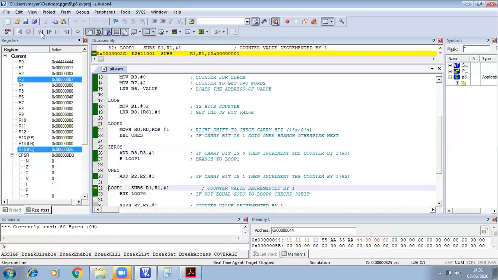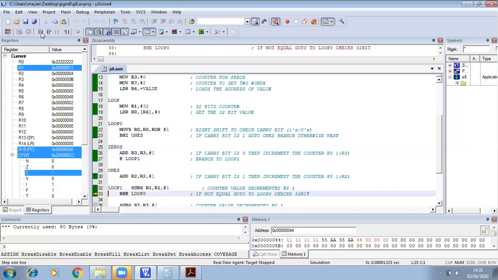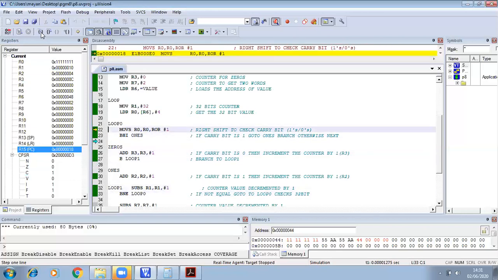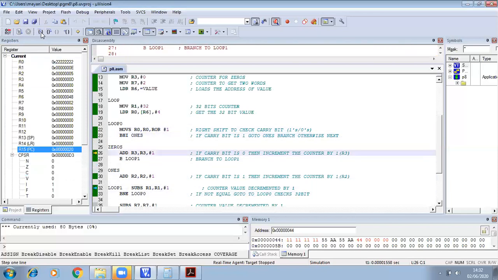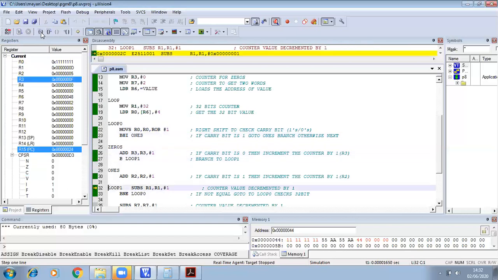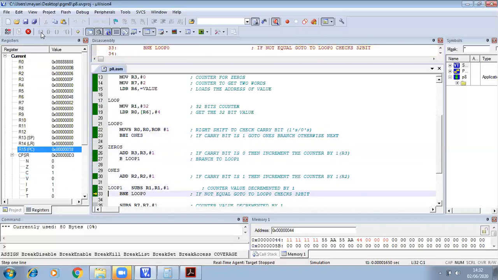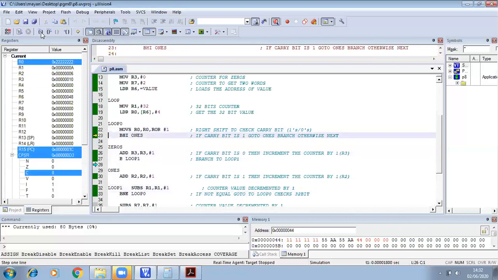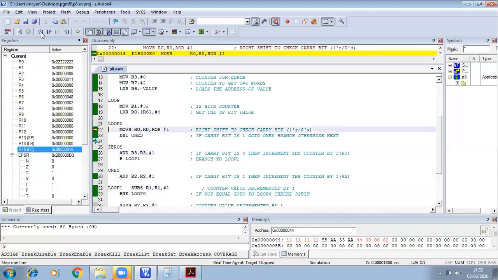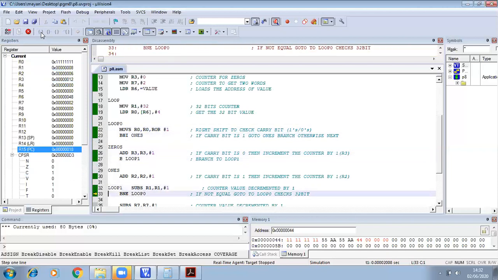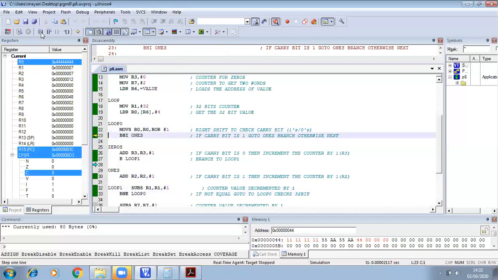Again do the rotate operation. So this will keep on executing. This loop continues its execution till it completes all the 32 bits. So where is the count taken? The count is taken in register R1. Means 32 bit count. It is C, it is B. You can check based on the carry flag. R2 and R3 will be incremented.